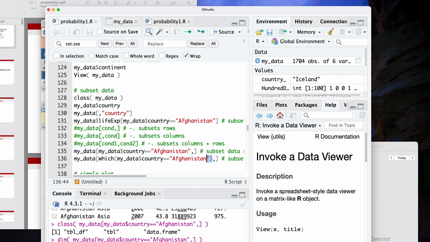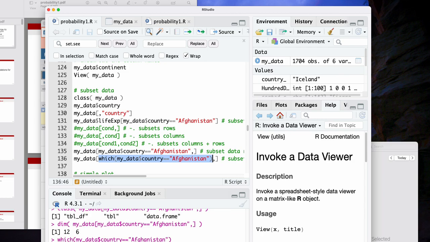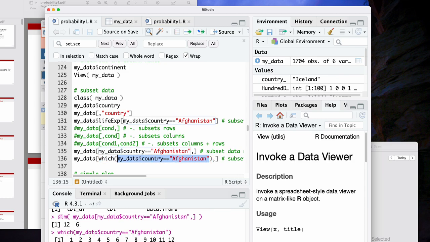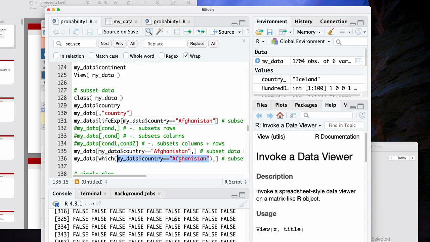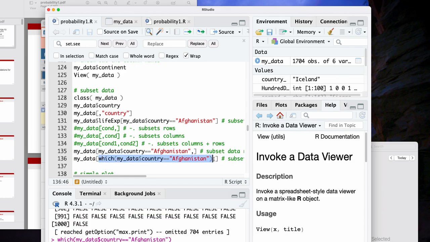We can also use the which command. I'm just telling you different ways of doing the same thing. So we have these trues and these falses. Does someone want to take a stab at what which seems to be doing? So here are all the trues and falses. It's false, then true, true, true, true, true, true, true, true, and then false, false, false, false, false, false, false. What do you think, based on seeing the output of this, what does the which seem to be doing here?